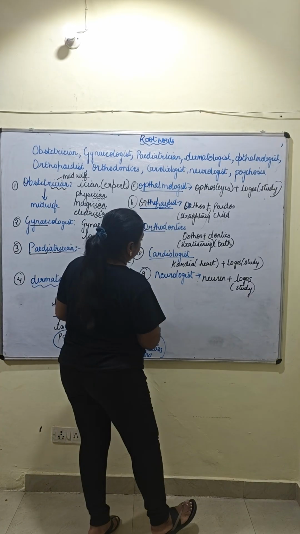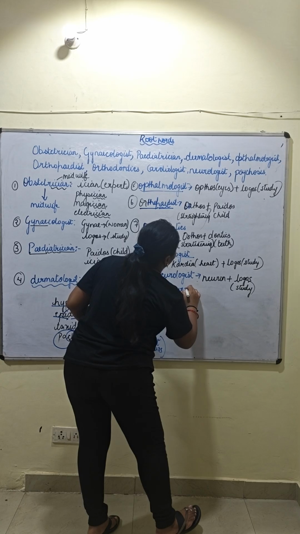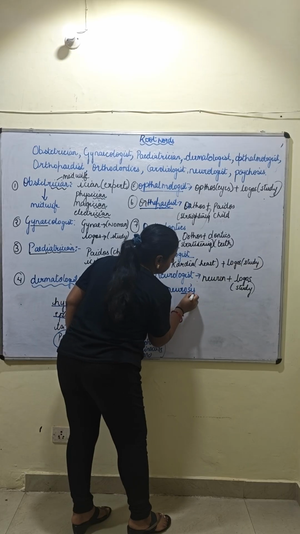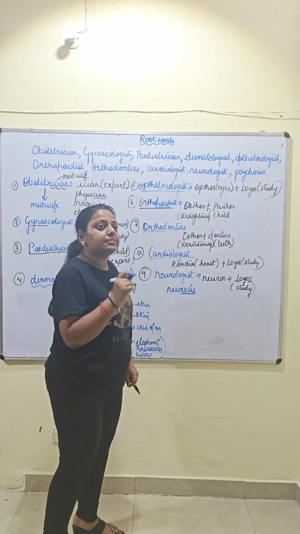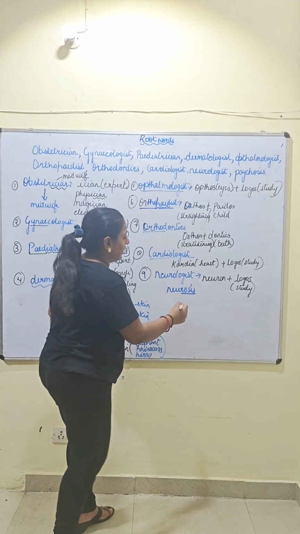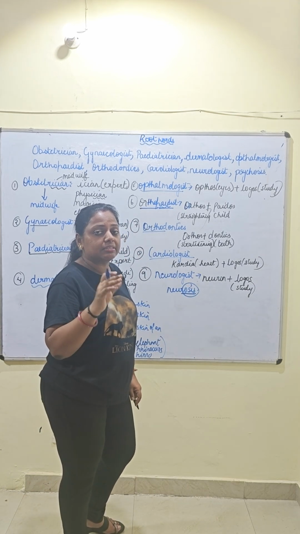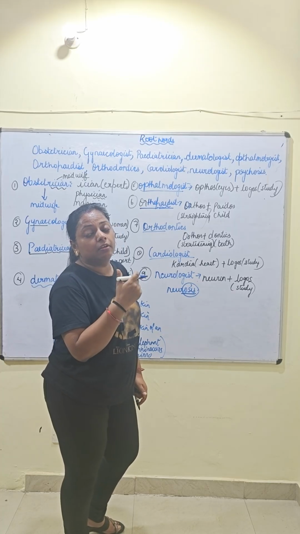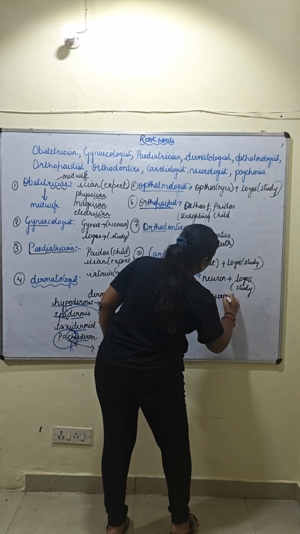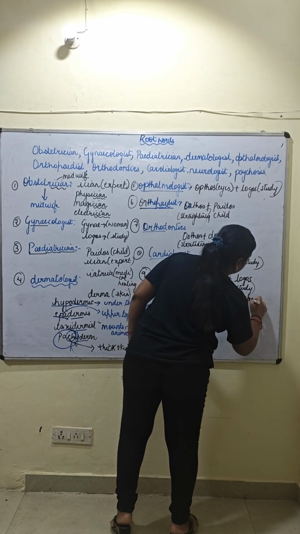Then one more word we have with neurologist, that is neurosis. Now what is osis? Osis means that a person has any deformity or any disease that is related to neurons. Any word that has osis, O-S-I-S, as a suffix at the end of the word, then that means the person is suffering from a disease. This means disease. This is a root word. So neuros plus osis means disease, or I can write deformity.